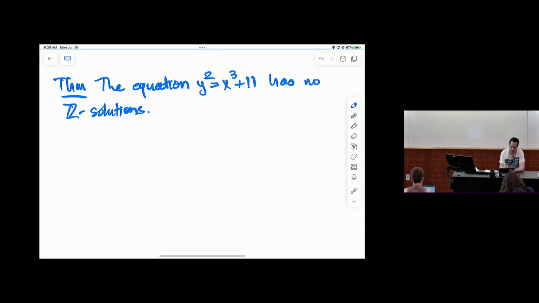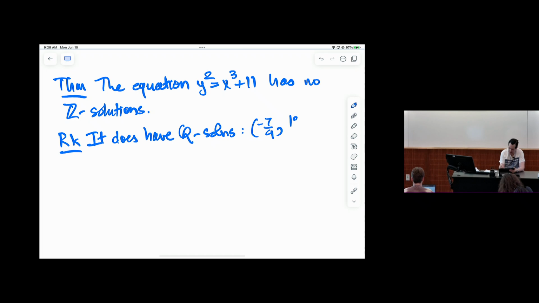So I should perhaps make a remark. It does have rational solutions, such as, for example, minus 7/4 and 19/8. In fact, it has infinitely many rational solutions. So the emphasis here, again, as in Siegel's theorem, is about integer solutions, and the statement is there are no